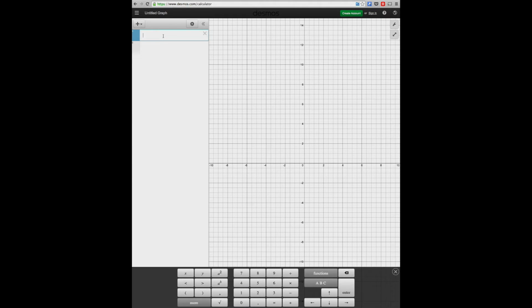So what I'm going to do first is type in a function. I'm going to type in the first function from the example that's in the book. So it's f of x equals x to the third minus 1. Now for this exponent, you're just going to use the caret symbol, which is shift 6. If you need help with that, let me know. And then x minus 1 in parentheses, and then I'm just going to hit enter,